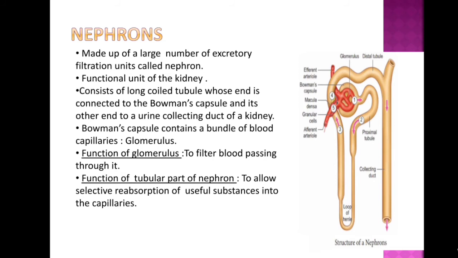So this nephron is the functional unit of the kidney, and it consists of a long coiled tube which at one end is connected to the Bowman's capsule and at the other end to the urine collecting duct. Here the Bowman's capsule contains the bundle of blood capillaries that is known as the glomerulus. Now